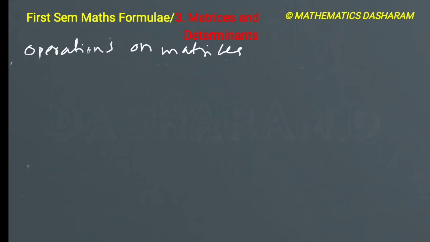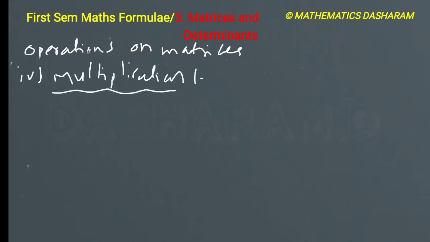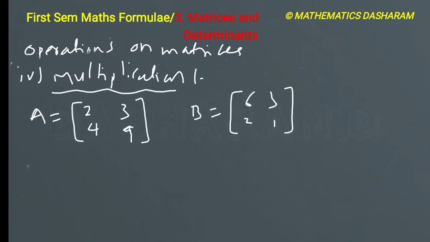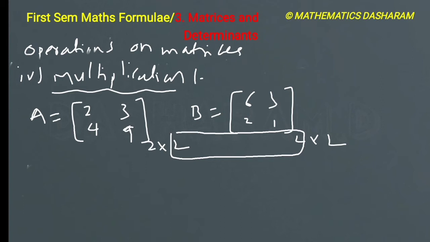Now the fourth one is multiplication. Multiplication is possible when matrix A order is 2 by 2 and matrix B order is 2 by 2. When the number of columns in the first matrix equals the number of rows in the second matrix, then only multiplication is possible. And this is called the order of the answer matrix. So A into B equals,